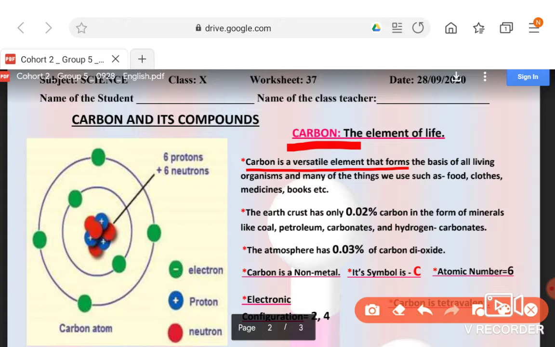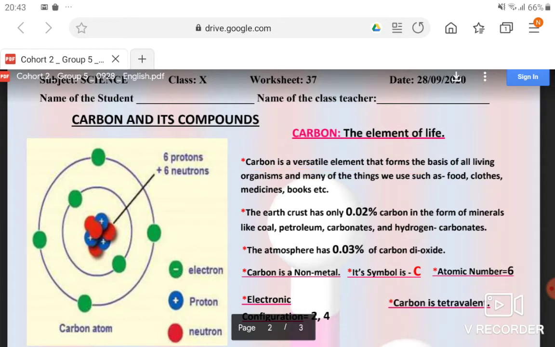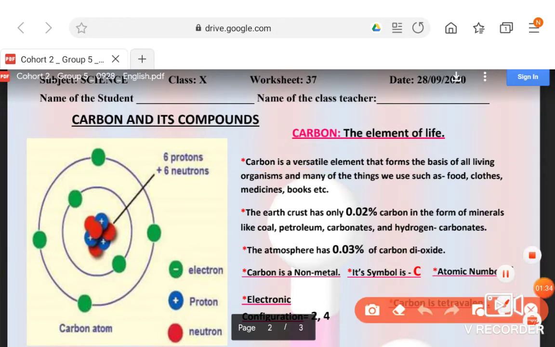That means it is found in almost everything we see, in plastics, in fuels, coal, petroleum, diesel like fuels. It is also found in nutrients, our food, carbohydrates, proteins. Many things are made from or contain carbon. That is its versatile nature. In clothes, all clothes, man-made, natural, contain carbon. Medicines, books, in books paper is made of carbon. So it is studied as a separate branch. We will study after that.